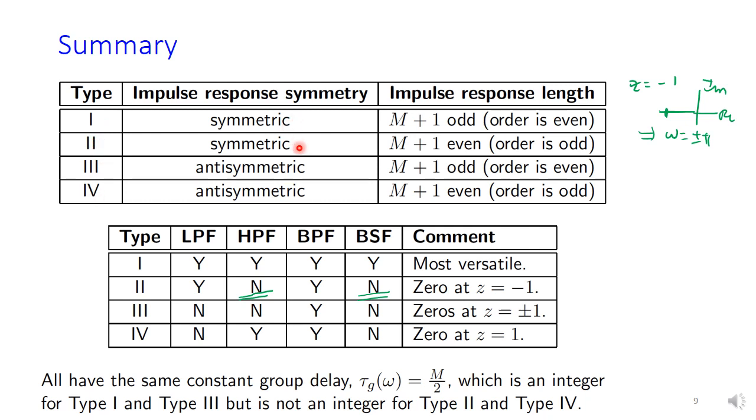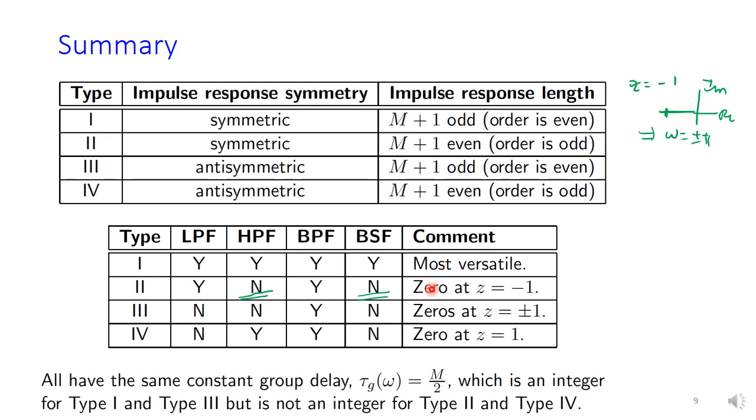Both first two are symmetric, next two are anti-symmetric, and the number of terms that you have are odd in type 1 and type 3, even in type 2 and type 4. Essentially you have symmetry, anti-symmetry, even, odd, so that is giving you all the 4 combinations here. Okay, now